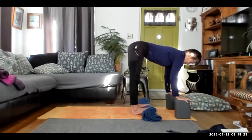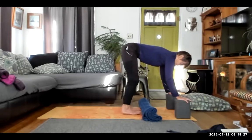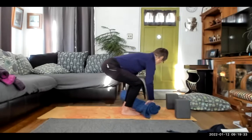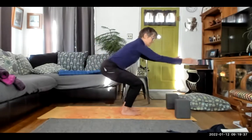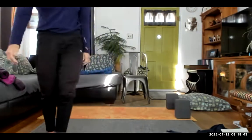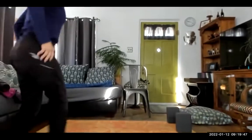Okay. And from here, we'll step the feet off the prop, bend through your knees, set your hips back. You could scoot your blanket out of the way now and press up through Utkatasana to Tadasana standing. Okay, I'll meet you in Tadasana. So standing in Tadasana,